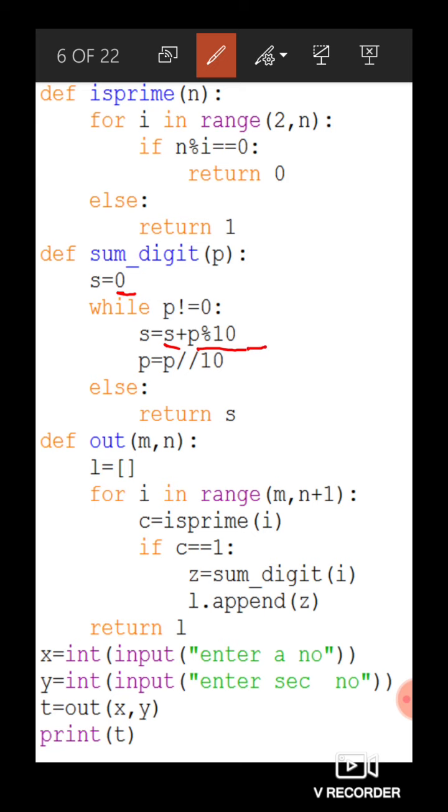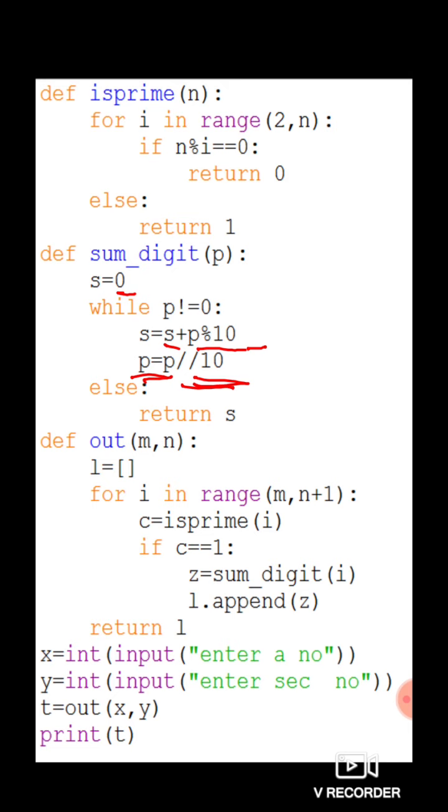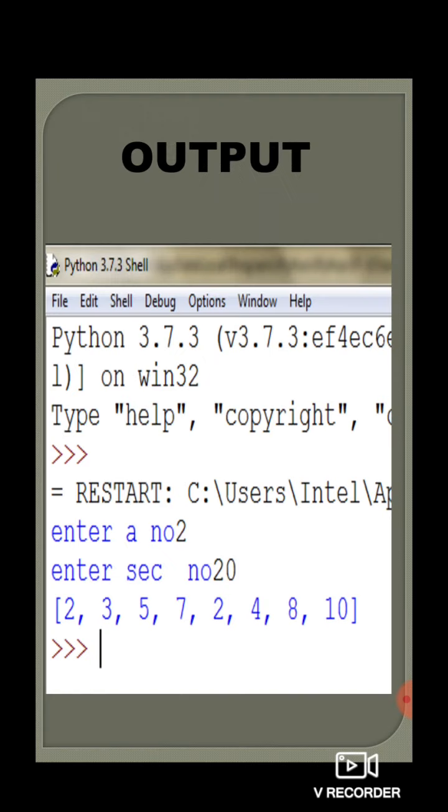You know how to find the sum of digits of any number. So, that is what has been done, and what is done with the help of this line? As soon as you extract one digit, you want the remaining number to be in P now. Suppose the number was 258. So, 8 you have extracted. Now, 25 should be left. So, 25 will be left in P. For this we have written this line. Clear?